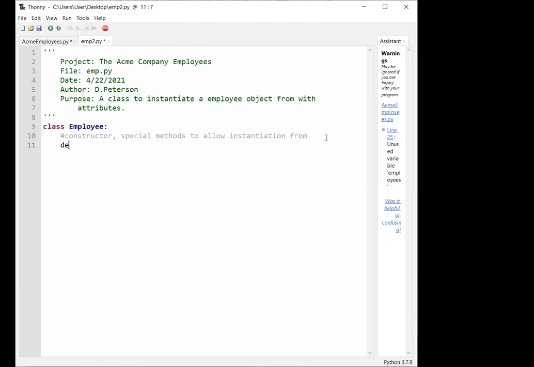We define them by doing this: underscore underscore INIT underscore underscore